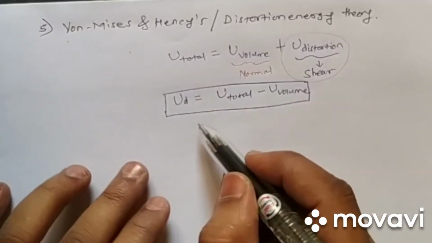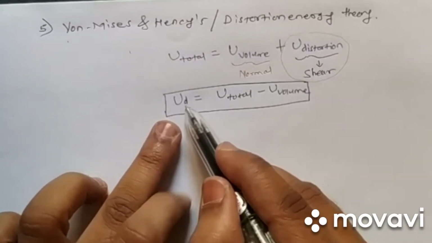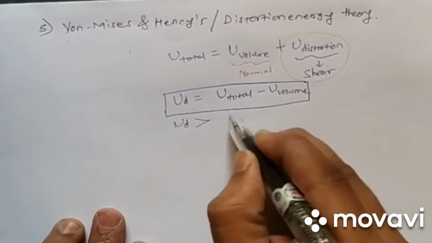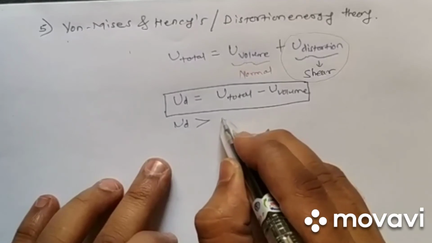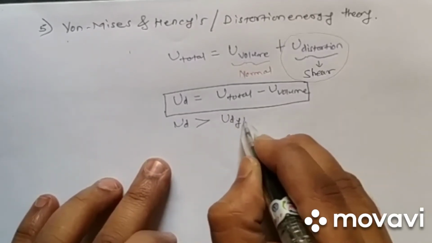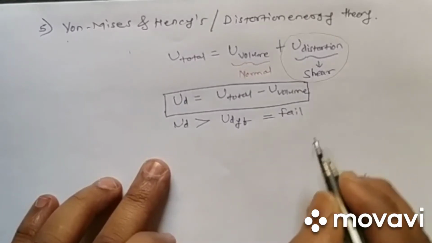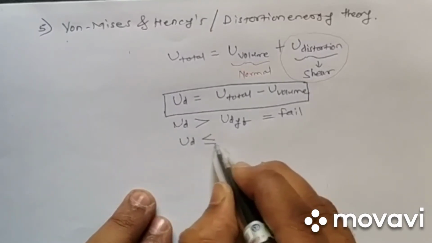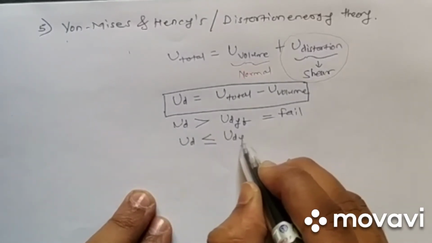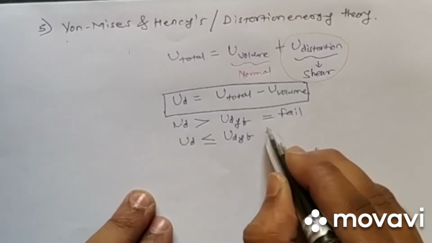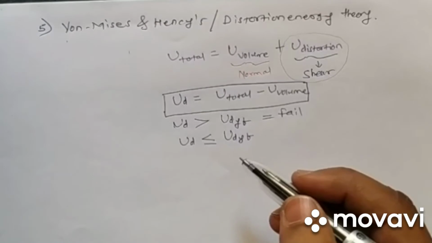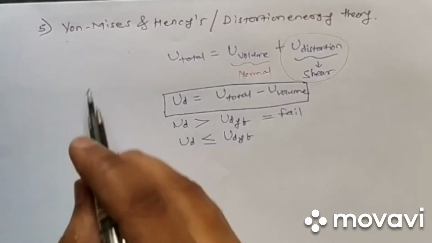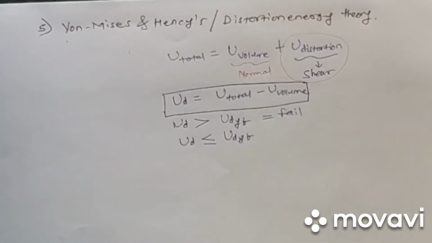Again, if the distortion energy of the body is greater than the distortion energy at yield point, then the material is going to fail. So it should be lesser than or equal to the distortion energy at yield point in order to be safe. So how can we represent it? We can represent it as